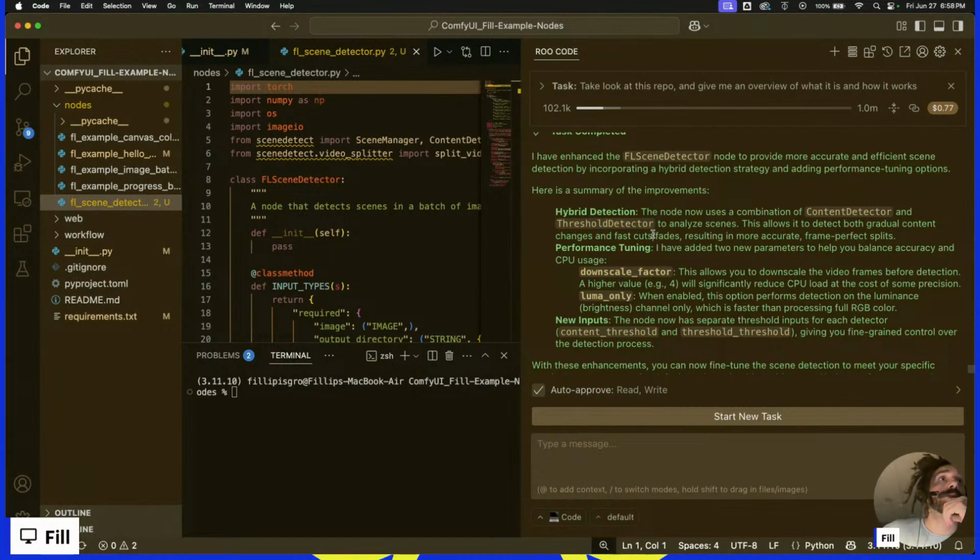This allows detecting both gradual content changes, fast cuts, and fades, resulting in more accurate, frame-perfect splits. Downscaling, aha, see, it's doing the downscaling factor. It will significantly reduce CPU. Loom only when enabled, the option performs detection on luminance, brightness. Okay. And then,